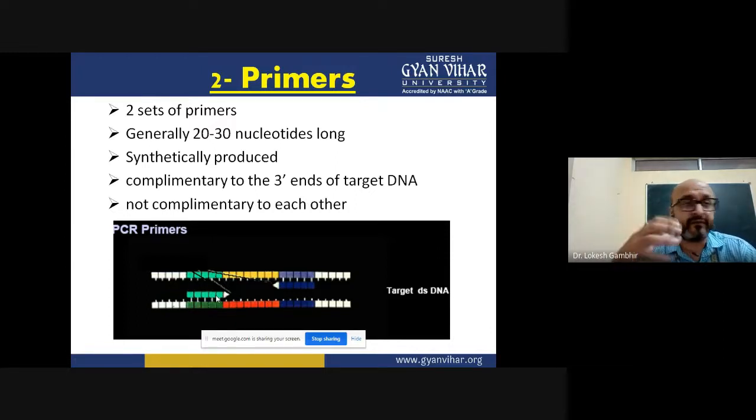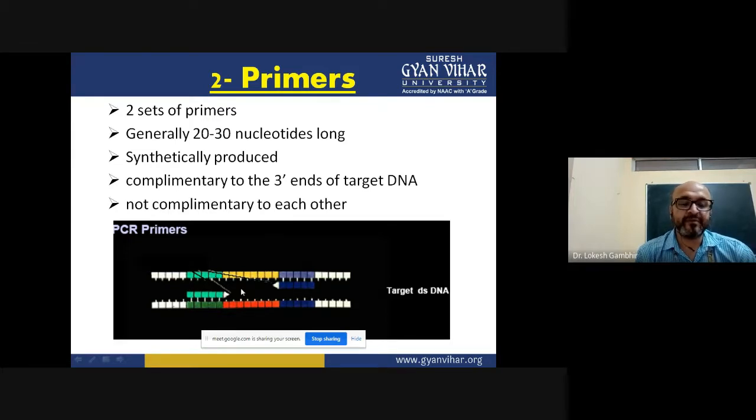So if you are not aware of the target sequence, then general primers are also designed depending upon their GC content and the Tm, taking into consideration the melting temperature, so that a relatively stable binding of the primer to the target sequence can be achieved. In fact, primer designing is a complete lecture in itself. So perhaps in later sections we'll be talking about primer designing also. But for now, understand that there is a short stretch of oligonucleotide which is getting attached to the target double-strand DNA.